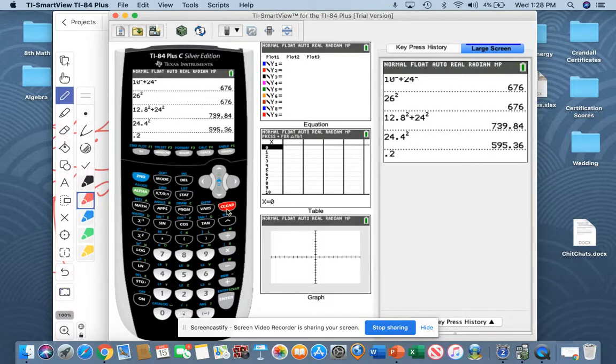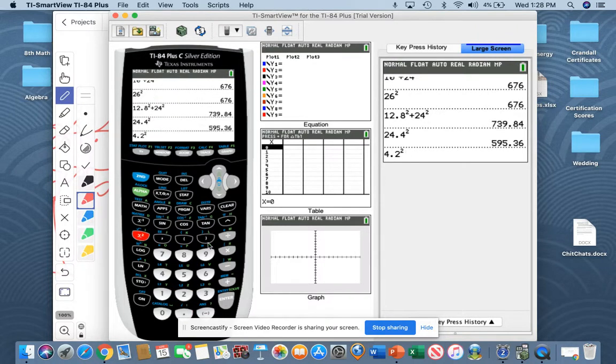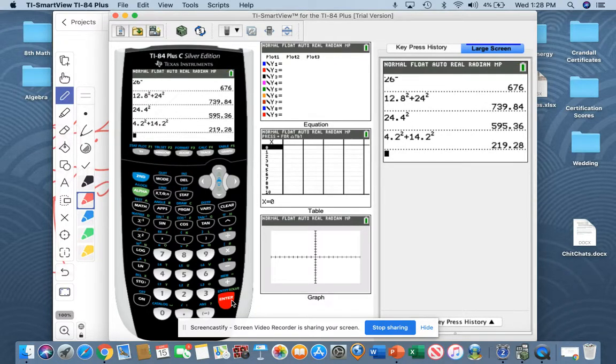Okay, 4.2. What happened to my 4? 4.2 squared plus 14.2 squared equals 219.28. And then we have to do